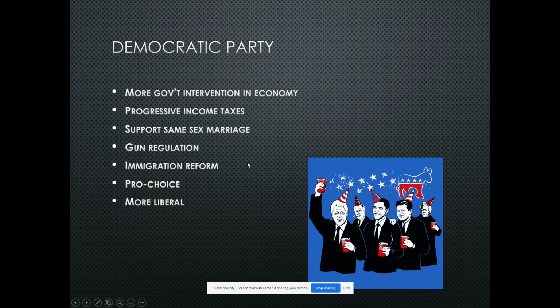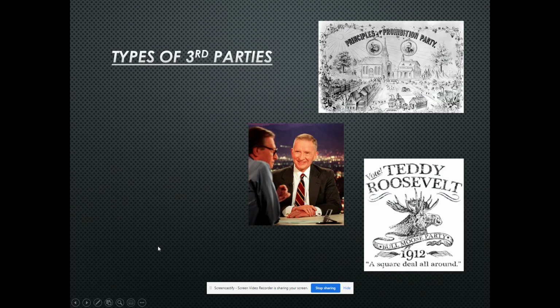And generally, what I just described is a more liberal political philosophy. And so again, both sides agree on outcomes to make America the best place possible. They disagree on kind of the path we should take to get there. So not only do we have the two main parties, but there's other types of parties as well, too. And I'm going to require you to do research on those as well as part of this unit. So we call them minor parties or third parties, and there's a few different types throughout history.